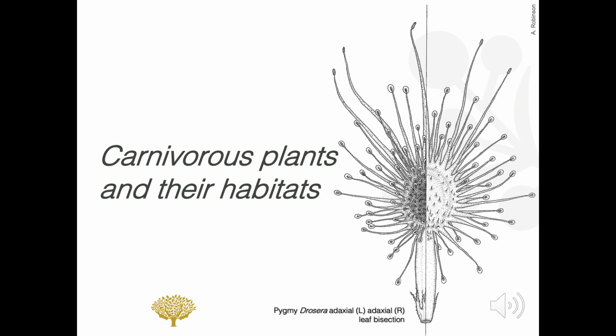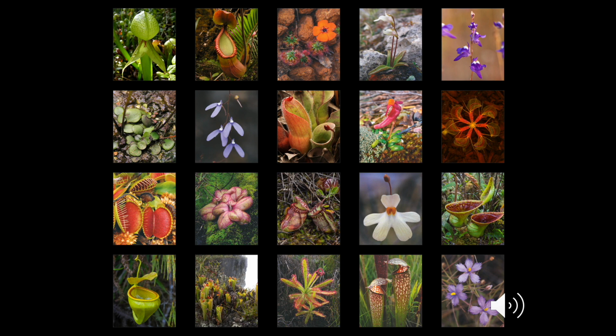We need only look at the places where they are found, that is, their habitats. These plants occur across every continent except Antarctica, in a range of terrestrial biomes with the exception of the world's great deserts. So they're widespread in geographical terms, but in biological terms, they're pretty rare. To give you some perspective, there are about 370,000 species of known flowering plants worldwide. Of that number, just 800 or 0.2% are carnivorous. These occur in 18 different genera that fall into 5 broad categories based on how they trap insects.